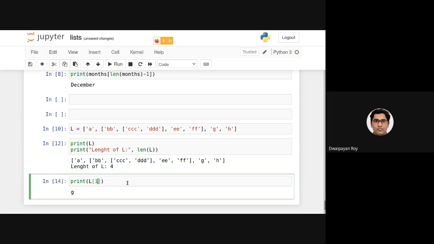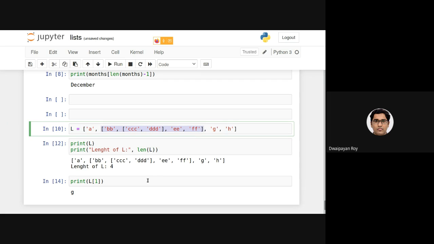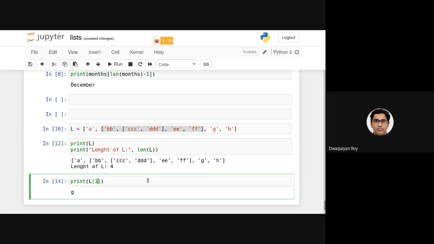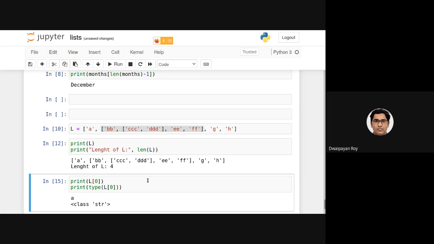If I give 1, it will return this list, right? Now, let's keep it this way, and together with that, print the type of L[0]. It will return a, because the 0th index contains a, and the type of this is string. Okay.